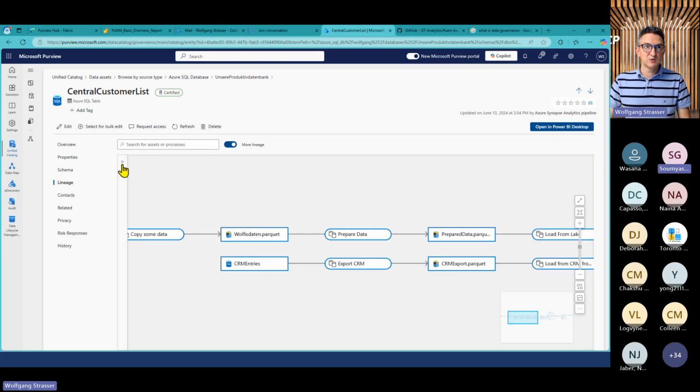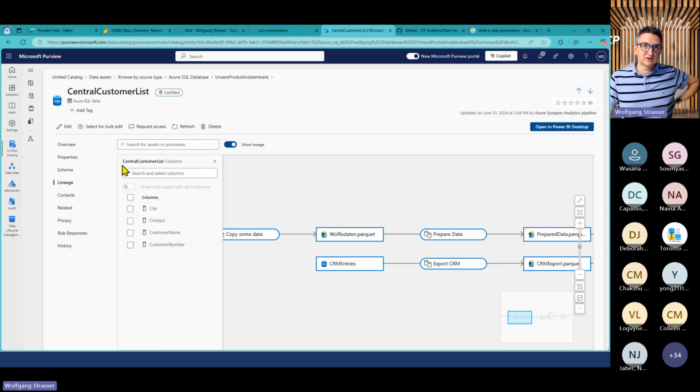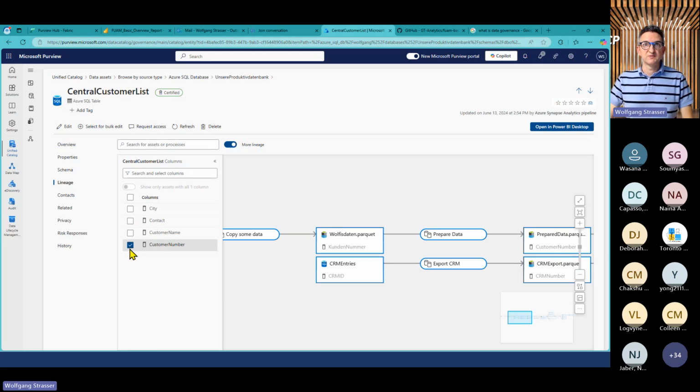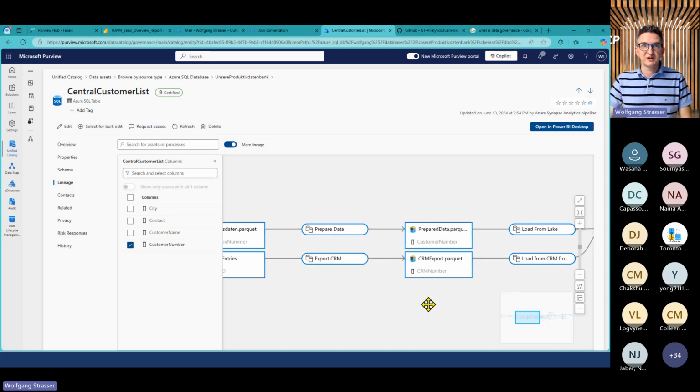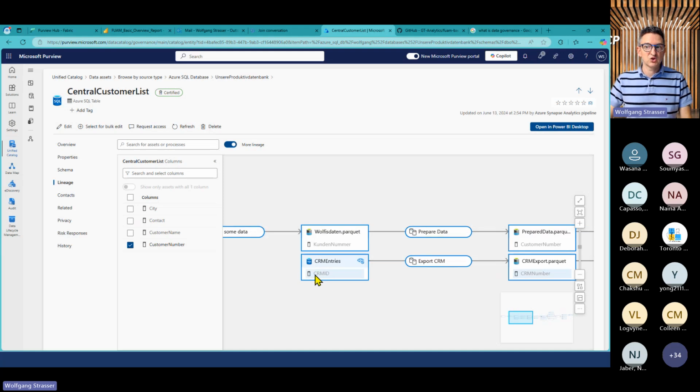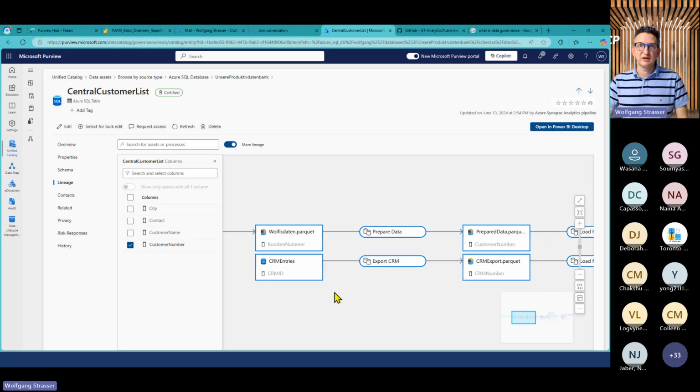And what we can also do in some of the connectors, we get a column level lineage. So if I select the customer number in my table, I get the information, okay, that is fed by the CRM number from that file, which actually got fed by the CRM ID from another database table. So that is the data lineage that is in there. And that's the difference from the local catalog in Fabric. That one is the overview and the broader view of your data landscape. What else is in there?